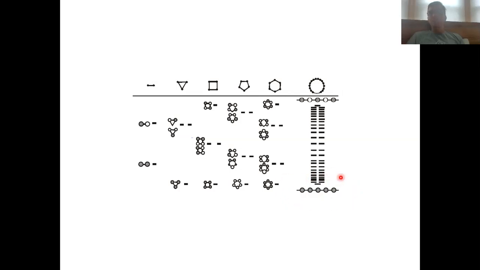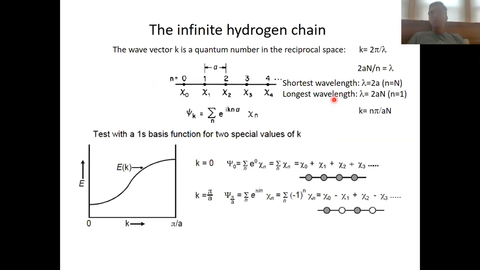Okay, so the wavelength would actually be 2 times the lattice parameter times the number of the 1s orbital in the chain. Okay, and here you have the opposite case. So here the algebraic sign changes with every 1s orbital. Okay, and that crystal orbital would therefore have the shortest possible wavelength of all our crystal orbitals. So now overall, we can say that the wavelength is given by